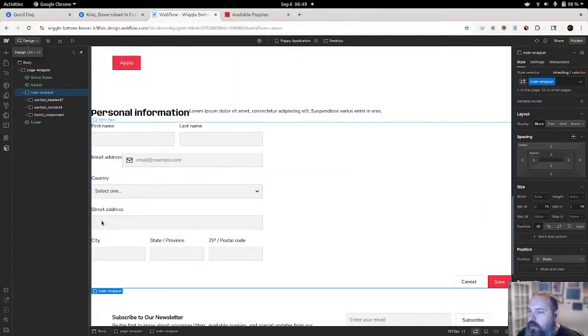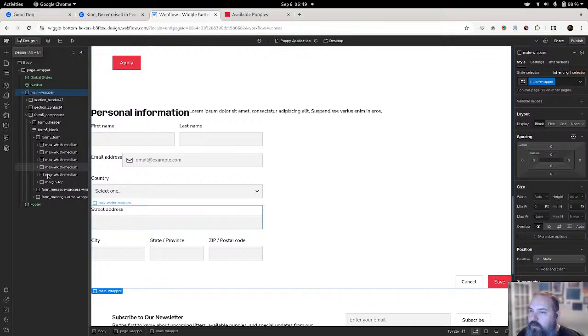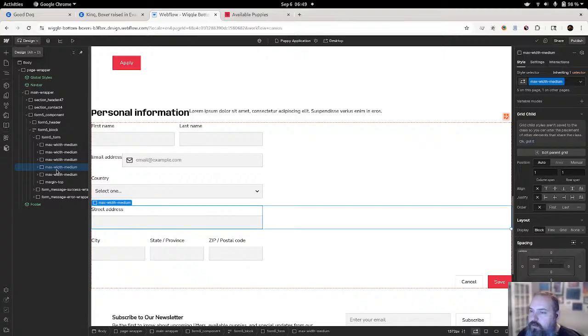Okay, and we're going to go into the form and we're going to find our, so it's this one. Oh, no, it's all three of these.